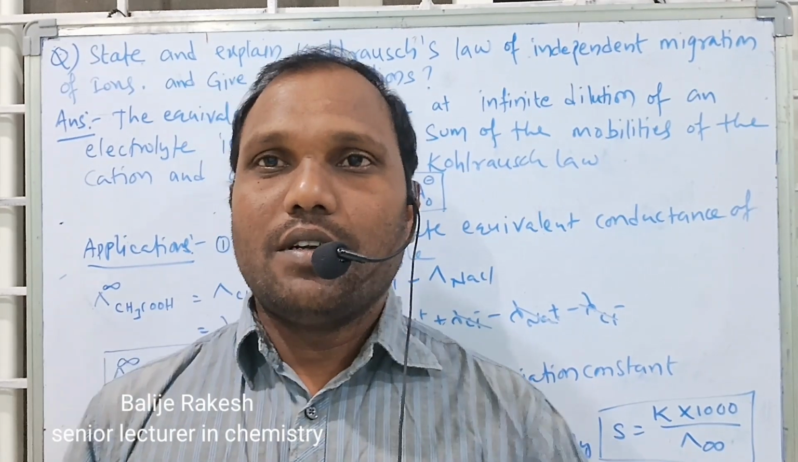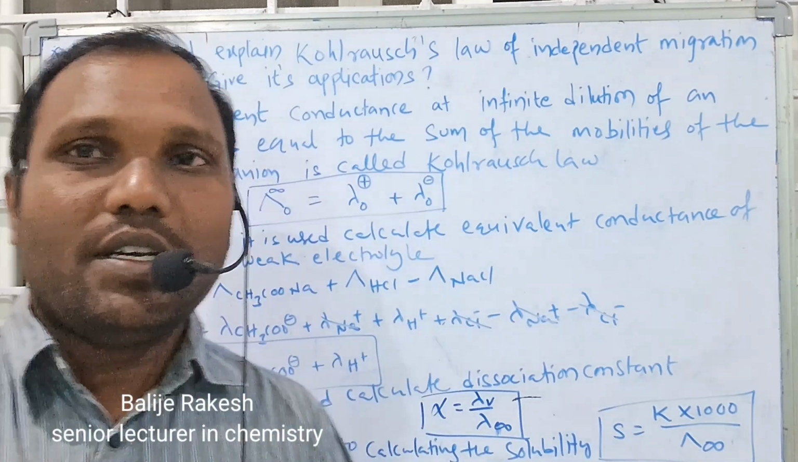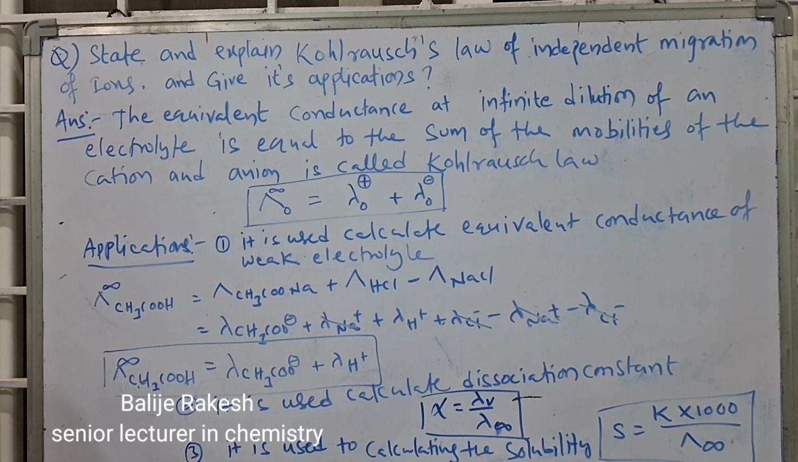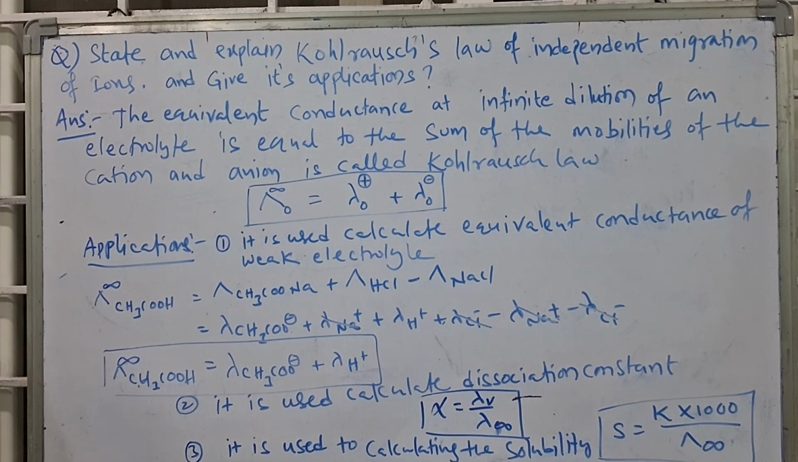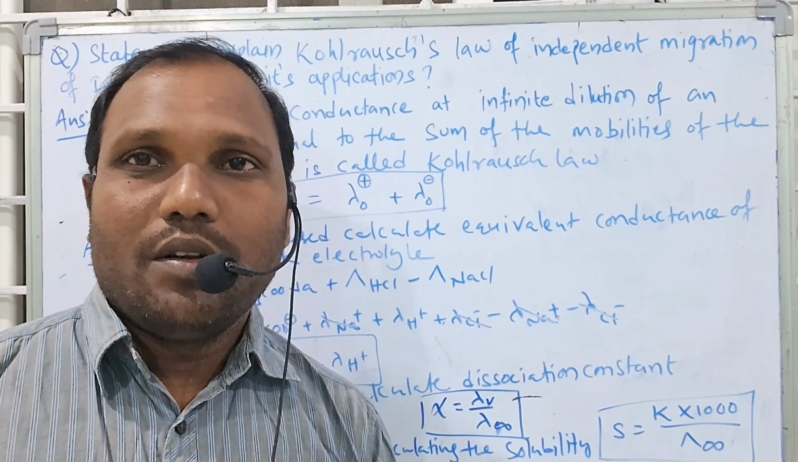Okay, dear students, now I am explaining another important question. That question is: state and explain Kohlrausch law of independent migration of ions and give its application. This question is also an important question from the board examination point of view. Look here, very simple answer now I am giving. Look here,